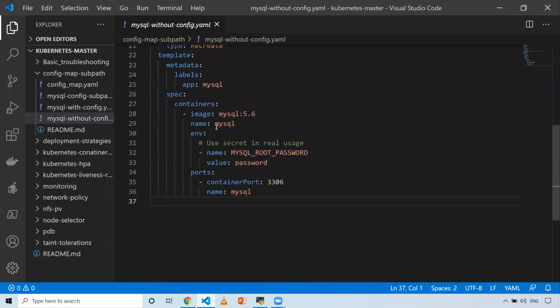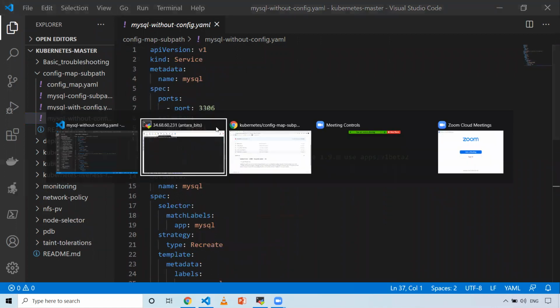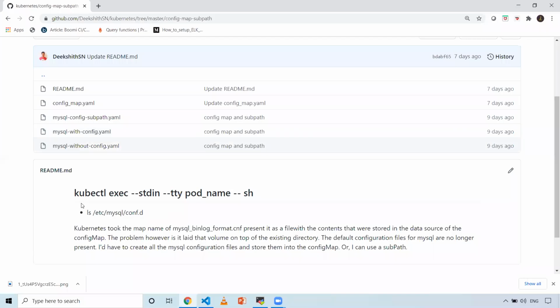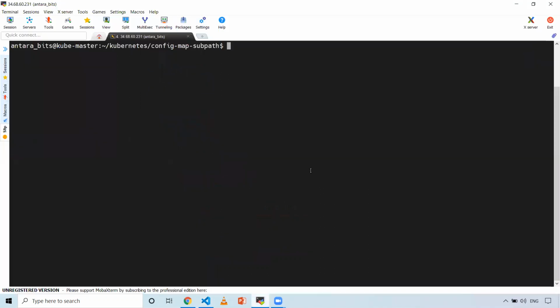First we will create this deployment, log into the pod, and check what files are there in this particular path. Then we will create the config map and see what the problem is if you don't use subPath. So let's go ahead and create this deployment.